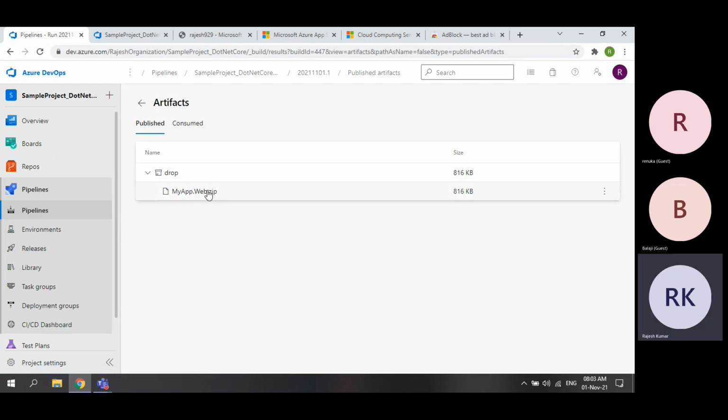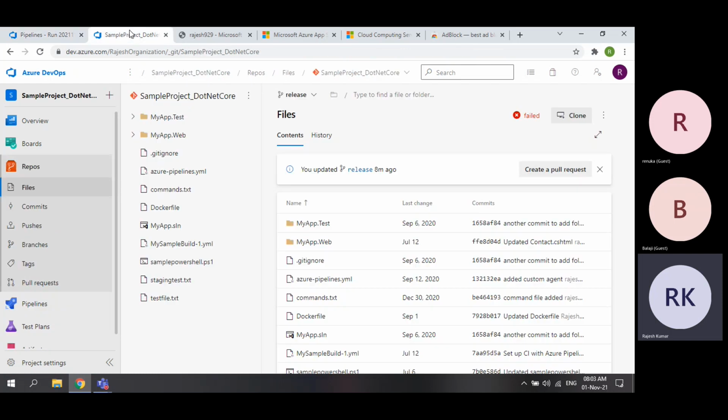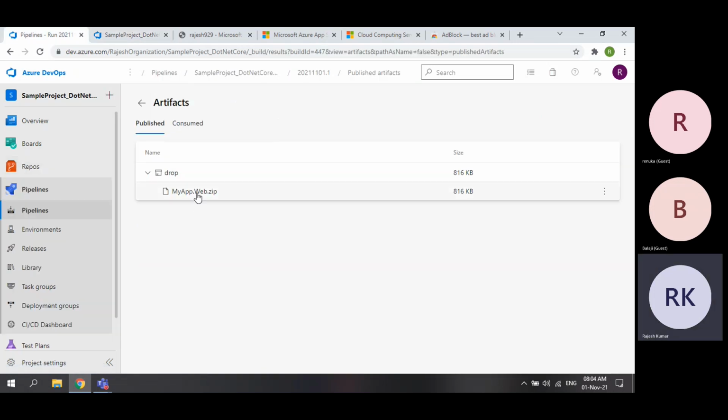Inside the drop, all your code, whatever code you have in all these files, was zipped and included into one of the files inside this. Inside this, there are many files.